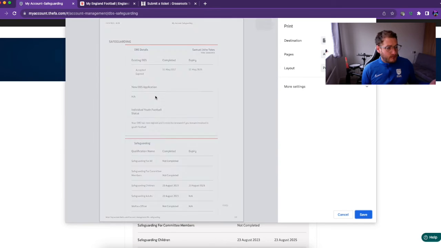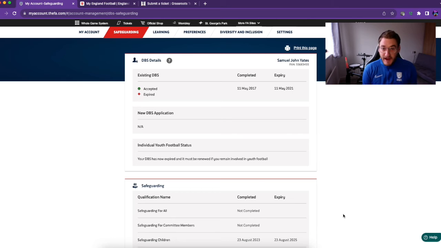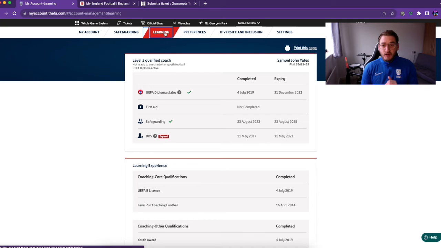And you can see it gives you a preview of what it will look like, and it just means that you have a hard physical copy if somebody wants to check the status of your qualifications that you have got. If I go across again, we've got learning, and again this shows you all of your different qualifications you've gained,